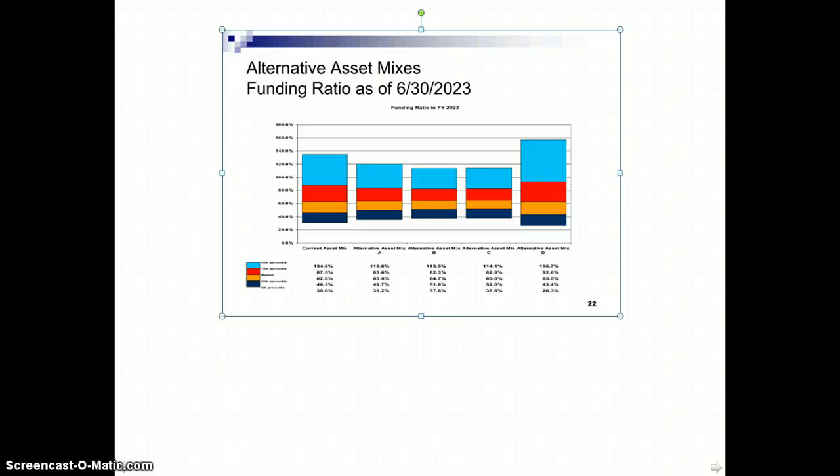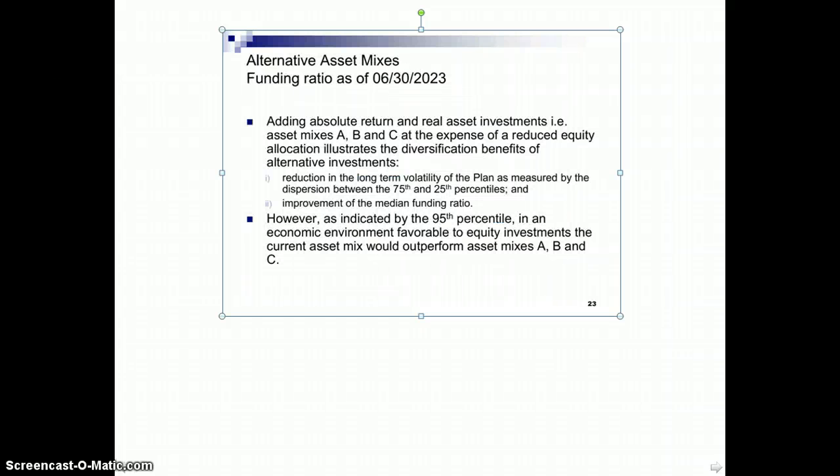You'll see that the highest allocation in mix C to hedge funds results in the best worst case. So if you had a severe market downturn, that would be the mix that would perform the best. Now you end up with essentially the same expected value, but in a downturn scenario, you are less vulnerable. Of course, in an upturn, you don't have the upside, but it's really the downturn that is most concerning because that could be a financial disaster. So this discusses the different mixes,